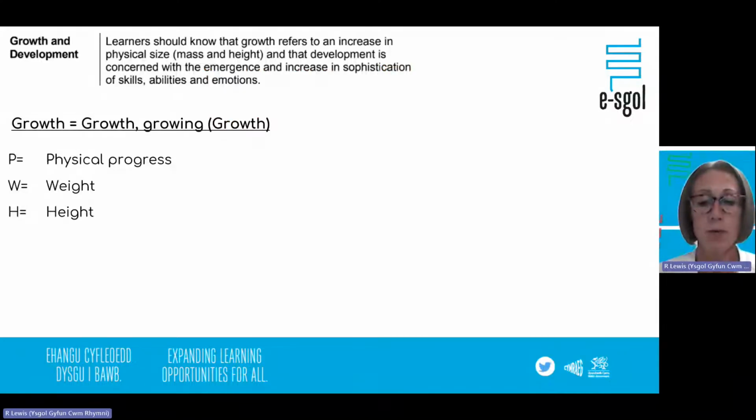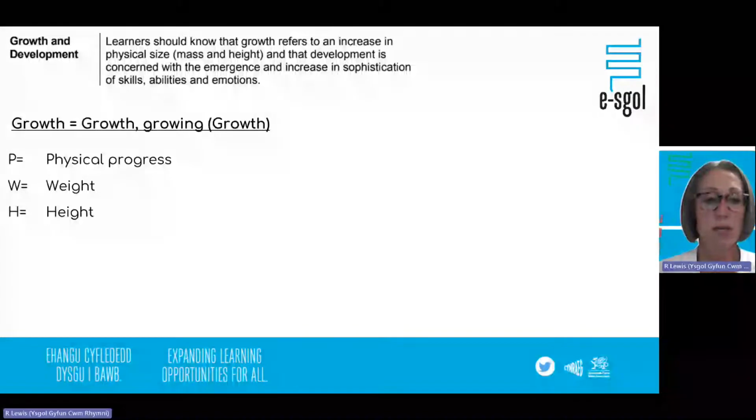Okay, next today now is growth and development. Sometimes pupils struggle to explain the meaning of growth, okay, and also development. So what I tend to do in the classroom is for them to appreciate perhaps that growth, yeah, is you are growing, it is human growth, okay, and therefore I try and get students to understand that it's normally a physical progress